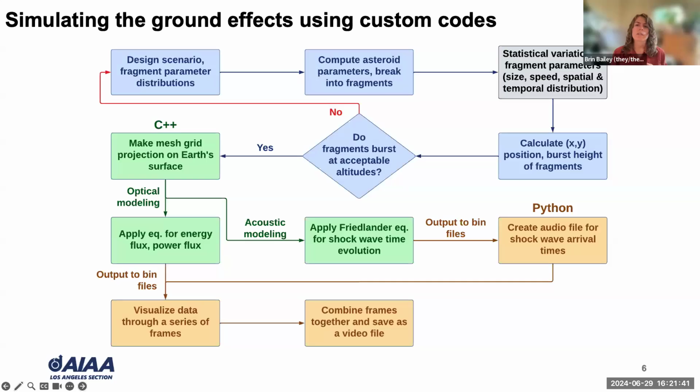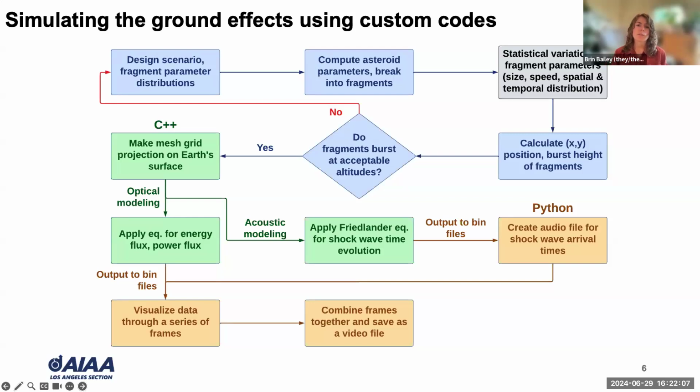200 kilojoules per square meter is the point at which organic materials like paper or grass can begin to catch fire. And for the acoustic effects, we set a threshold of 3 kilopascals, which is the point at which residential windows might begin to break. So we want to keep all blast wave overpressures, including caustics or constructive interference, below this value of 3 kilopascals to limit damage to people and infrastructure.